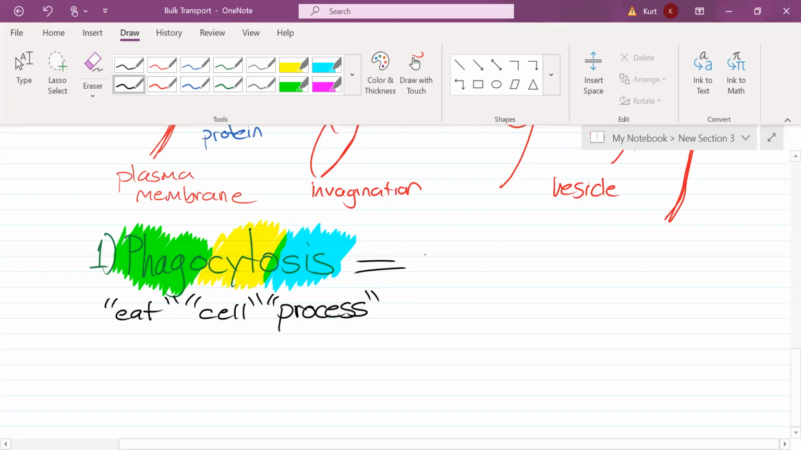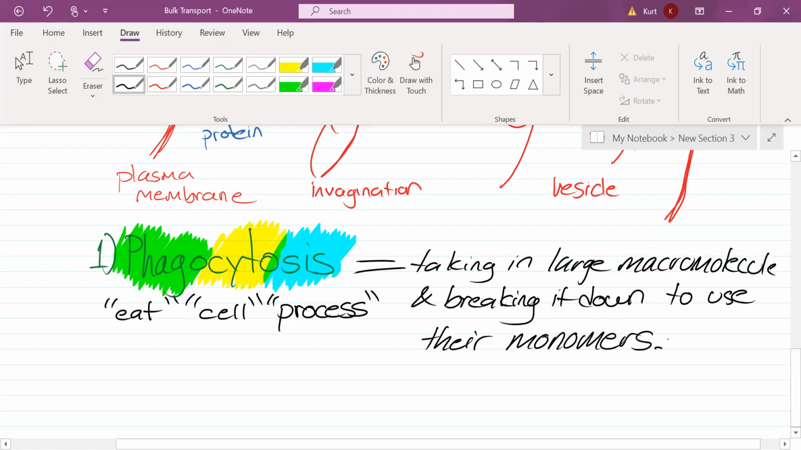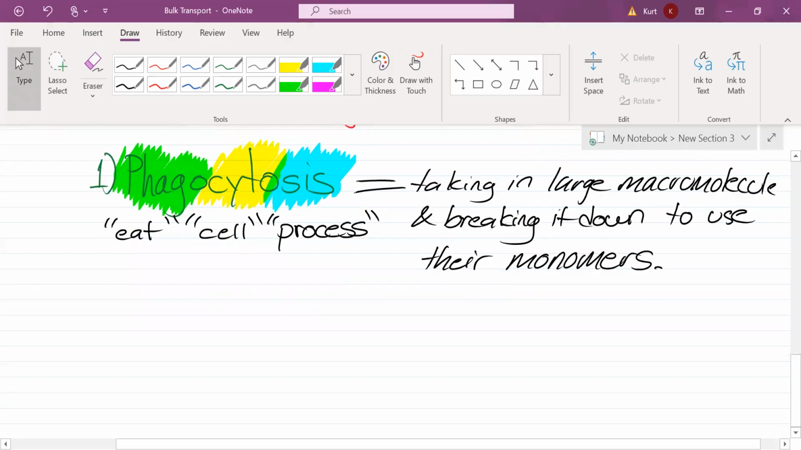So this process is all about taking in large macromolecules like a protein or a carb or a lipid and breaking it down to use their monomers. Now, I told you guys whenever we have an opportunity to go back to Unit 1, I like to take that opportunity